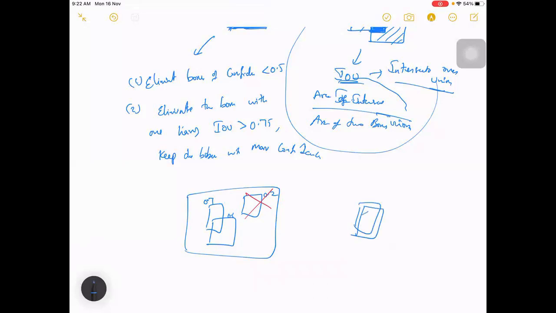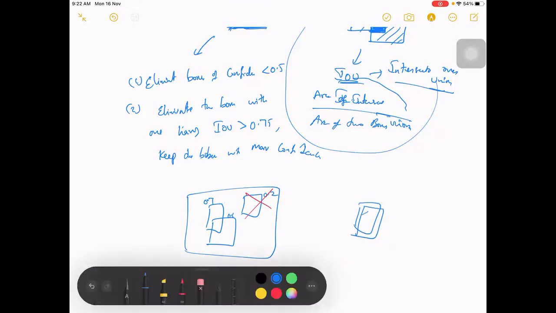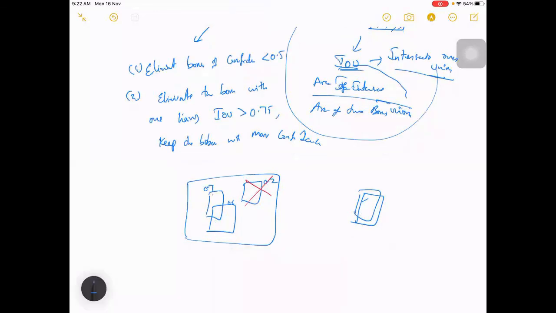So when your IOU is closer to 1, let me put another box here with a confidence of 0.6. This is 0.8. Let's say this way.